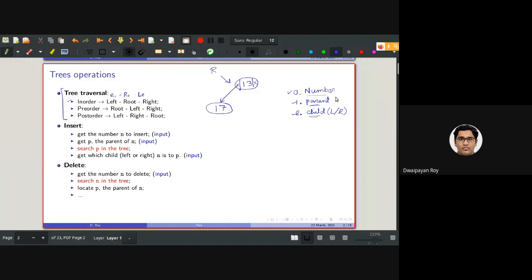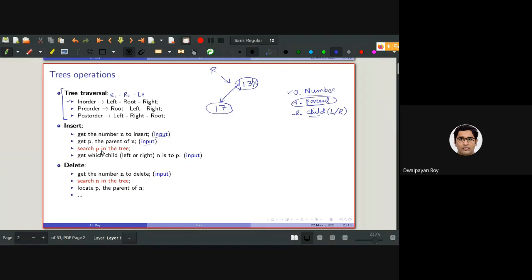Now, for example, I first need to get the number n to be inserted, which will be taken as input. I need to get p, which is the parent of n, which should also be taken as input.